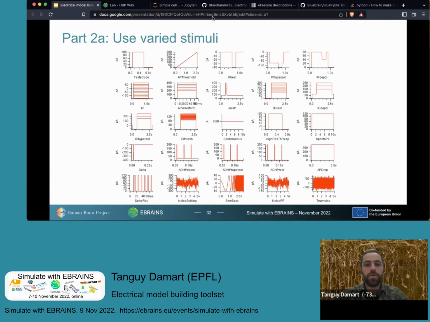A second point of detail that's quite important is that before, in our simple model case, we saw only step currents. So it was simply a step with an onset and offset, and it was a straight step. There was nothing going on. But one interesting thing is that if you have the matching electrophysiological recordings, you can actually use other types of protocol. You can use ramps, you can use sine waves, you can use noise input, and so on. And to match these